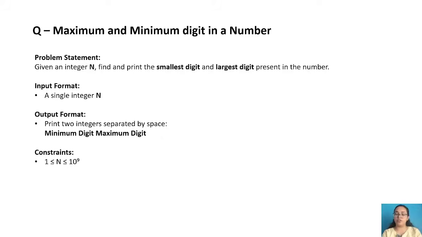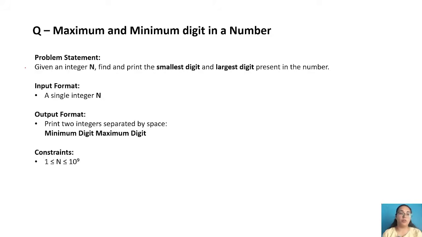Okay, so the very first question that you can see on the screen is maximum and minimum digit in a number, right? We have already seen these questions, or we already know these questions. If you have an array and you need to find the minimum and maximum, that is a pretty easy question, so it is not that hard. But here, you have to find the maximum and minimum digit in a number. So you will be given a number and you have to find the maximum and minimum digit.